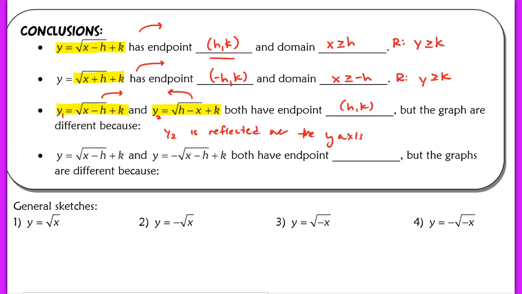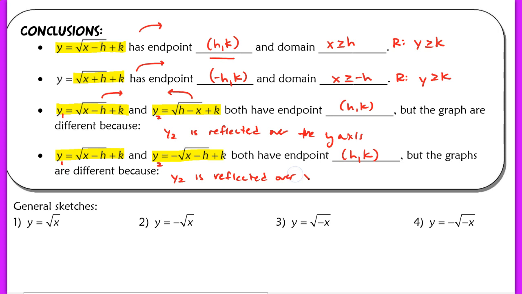And finally, if we look at the graph of the equation y is equal to the square root of x minus h plus k, and we compare it to the graph of the equation y is equal to the opposite of the square root of x minus h plus k, you're going to see that both of them have the same endpoint, (h, k). Now our graphs are different though, because if we label these again as y sub 1 and y sub 2, y sub 2 is the reflection of y sub 1 over the x-axis. So y2 is reflected